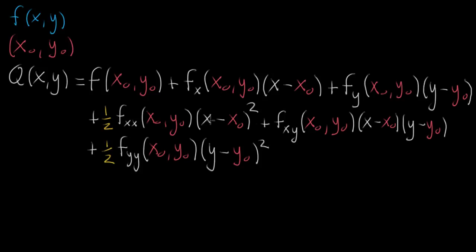Okay, so we are finally ready to express the quadratic approximation of a multivariable function in vector form. So I have the whole thing written out here where f is the function that we are trying to approximate, x naught, y naught is the constant point about which we are approximating, and then this entire expression is the quadratic approximation, which I've talked about in past videos, and if it seems very complicated or absurd or you're unfamiliar with it,